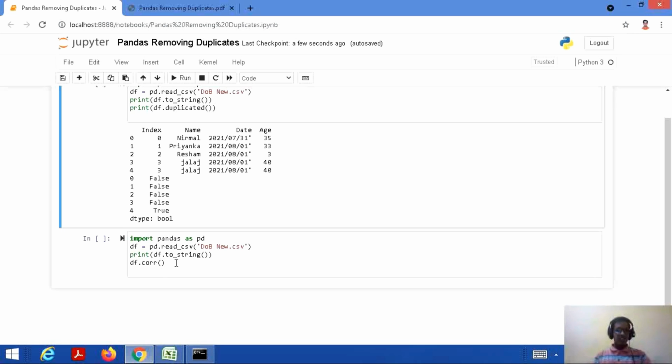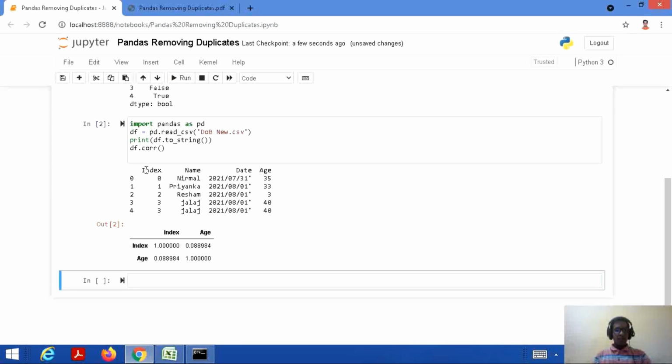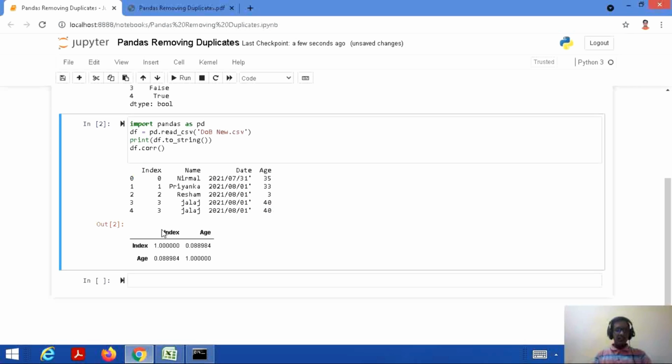So let's save this code and run it. Here it is. We got the output in the form of a data frame, and we also got a correlation. Here the numerical columns are index and age, so obviously the correlation has been found between them.